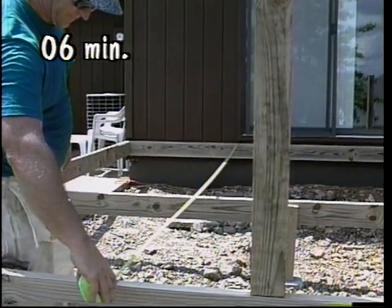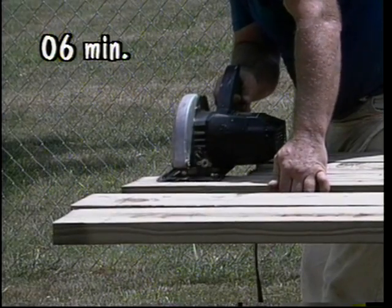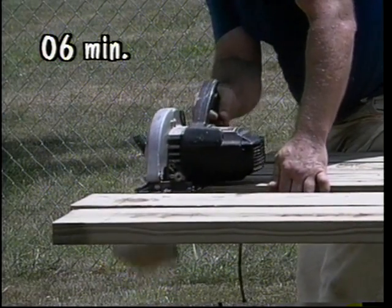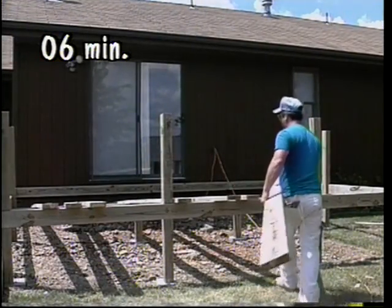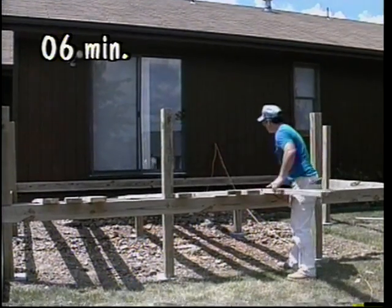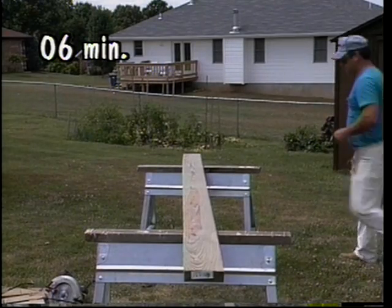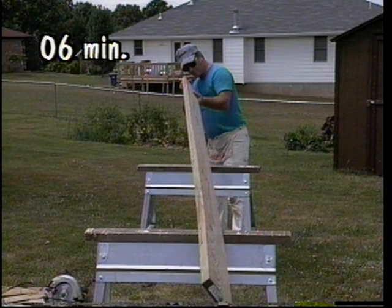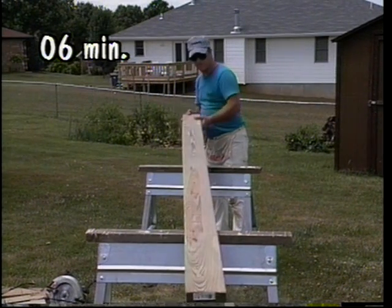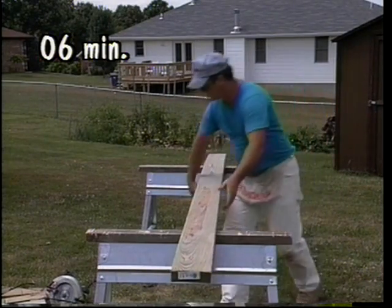We are now ready for the floor joists. Measure from the ledger board to the header board. Cut all the joists and lay them in place. Wood is a natural material and can warp. Check your joists by peering down the length. The high side of the warp is called the crown. Install the joists with the crown